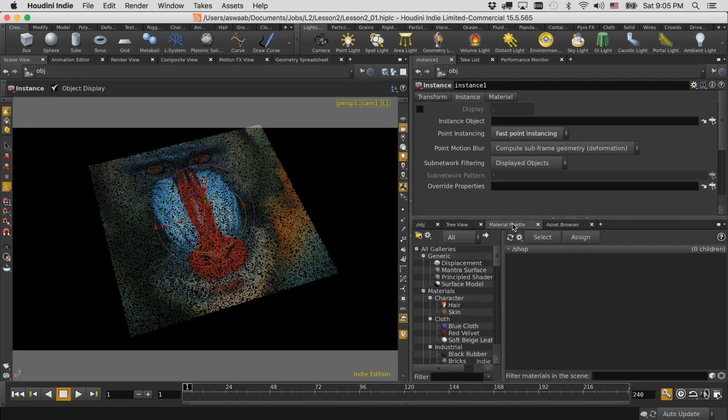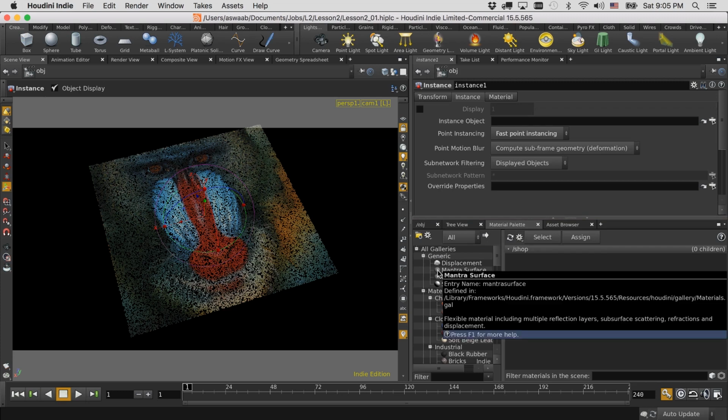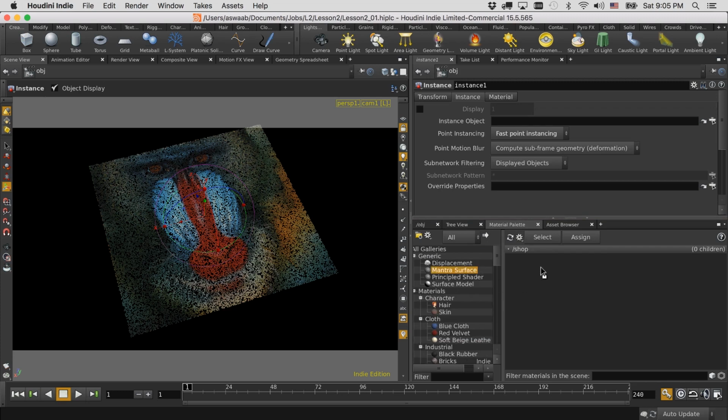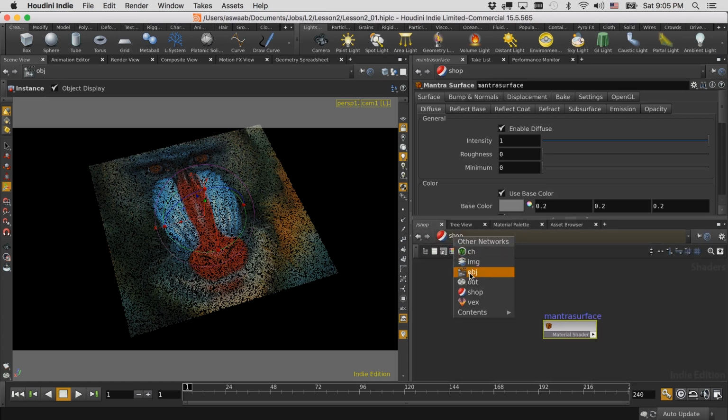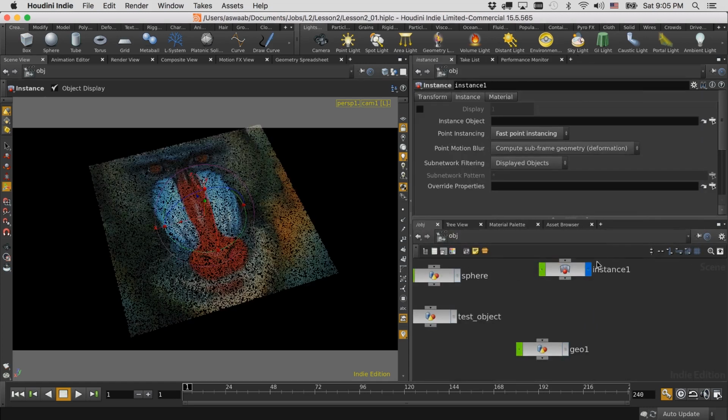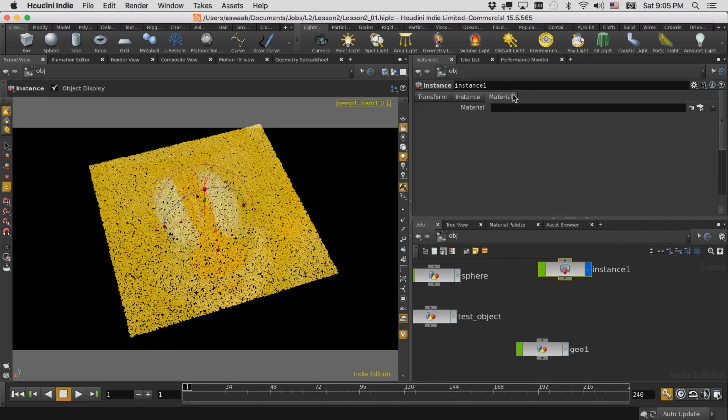So I'm going right into our material palette here. I'm just going to grab a Mantra surface material and just drag that right here and let go. And that creates a new material here, and we'll just keep the default name, Mantra surface. I'm going to go to our object tab. And for instance here,